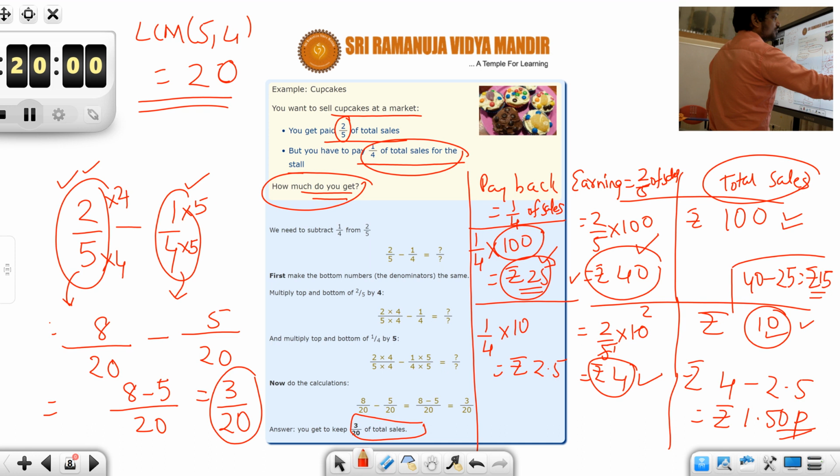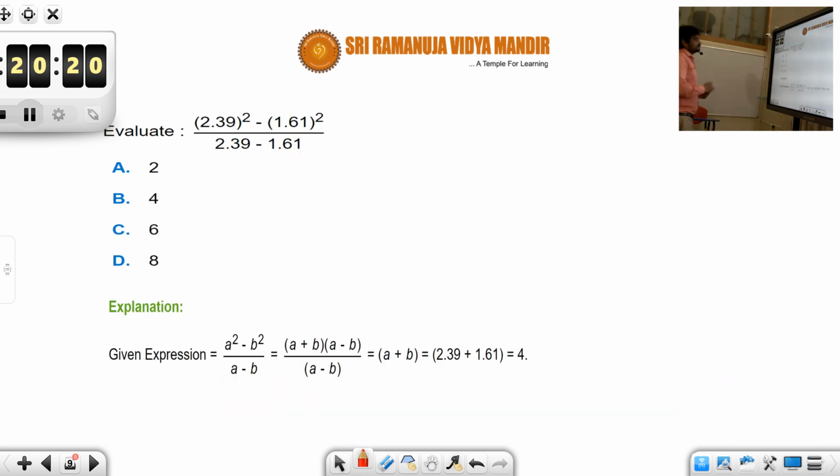Okay, students. Now let's look at some multiple choice questions related to the concepts of decimals, whatever we have learned in our previous lectures. Again, this is a very simple and important example, students. Look at the question. Nandan, can you read out this question? Here we need to evaluate